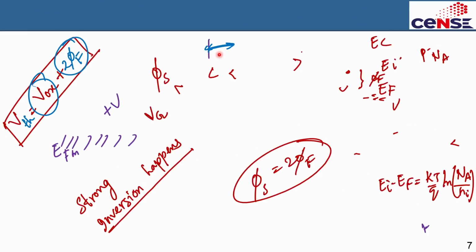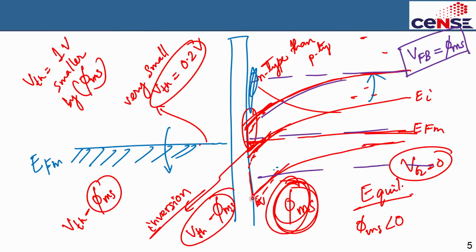And the oxide basically means that there is a voltage that is dropping on the oxide. So the voltage dropped on the oxide plus the voltage that is causing this band bending here, that total voltage will give you the gate voltage that you are applying, okay? The more you apply voltage here, the more this band will bend. Eventually the Fermi level will come very close to the conduction band. You will start getting electrons here,